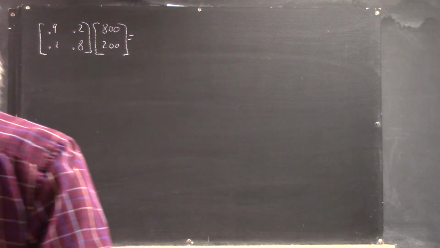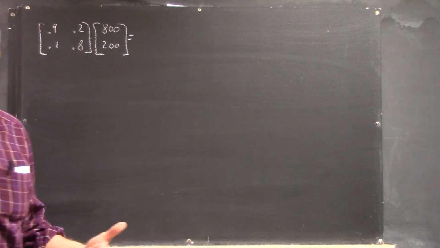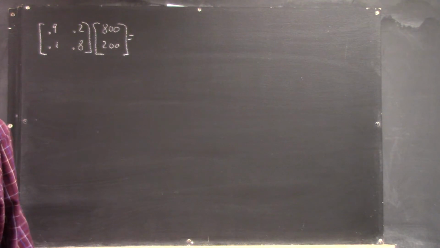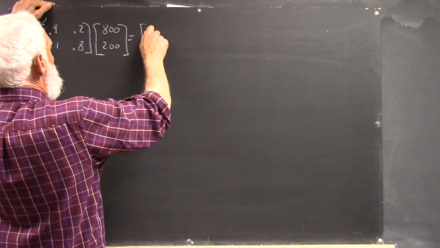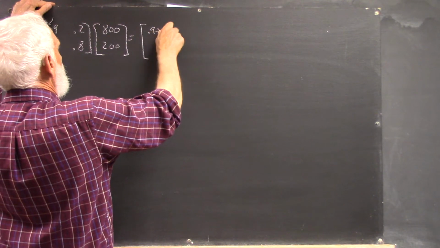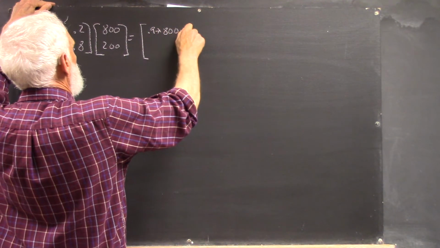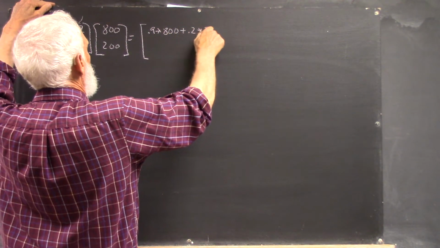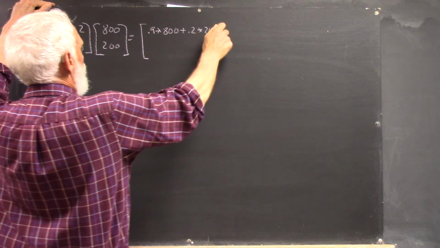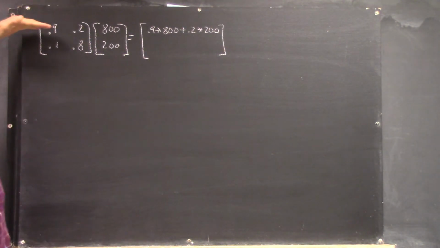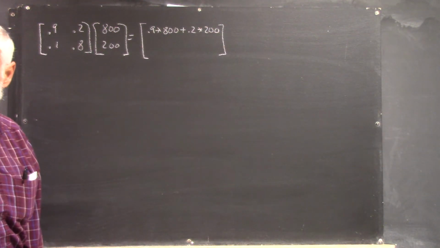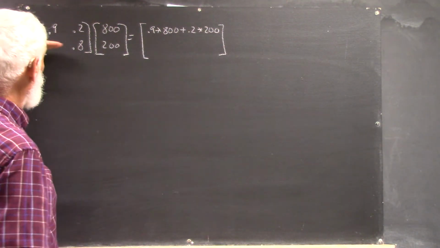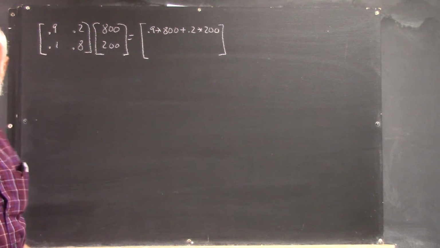Okay, everybody's pretty much doing all the right things. Now I'm going to tell you how to put it in notation, right? The notation's just going to be this. So if I multiply this row by this column, this is what I get, right? Now if I multiply this row by the column, I get